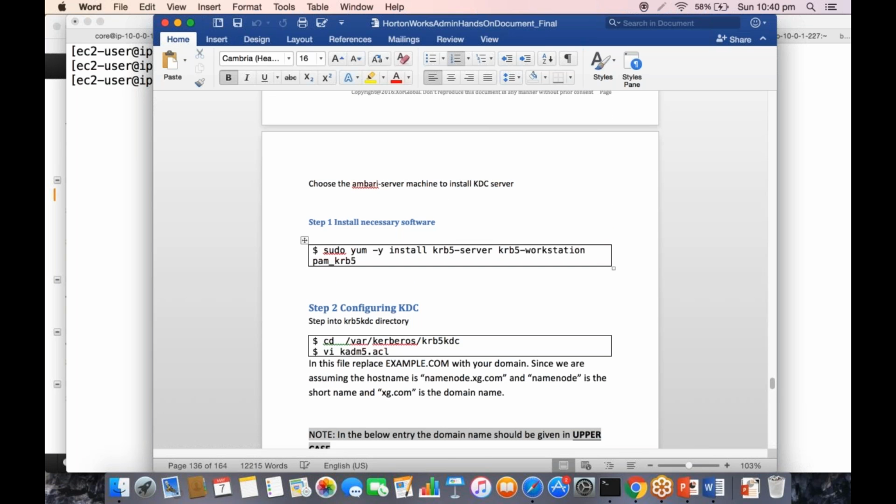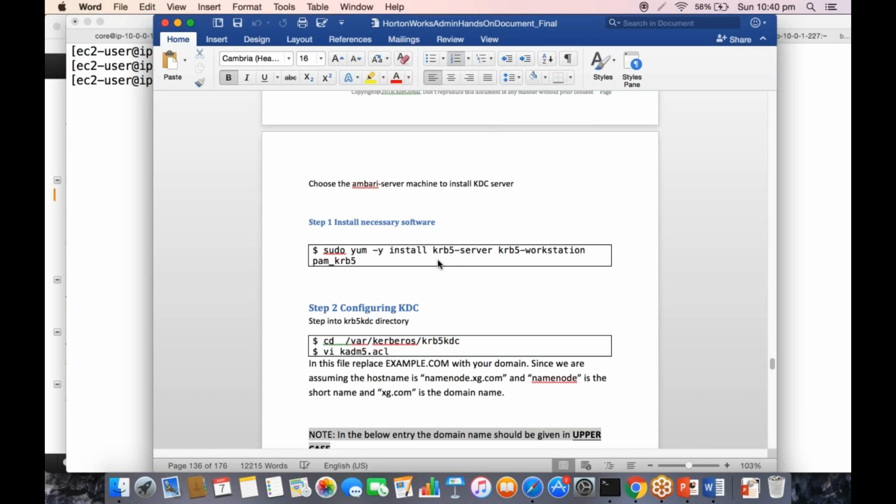First and foremost, we're going to install the necessary software like krb5-server. The five means version five of Kerberos, and Hadoop works only with MIT Kerberos version five, just as I explained in the beginning.